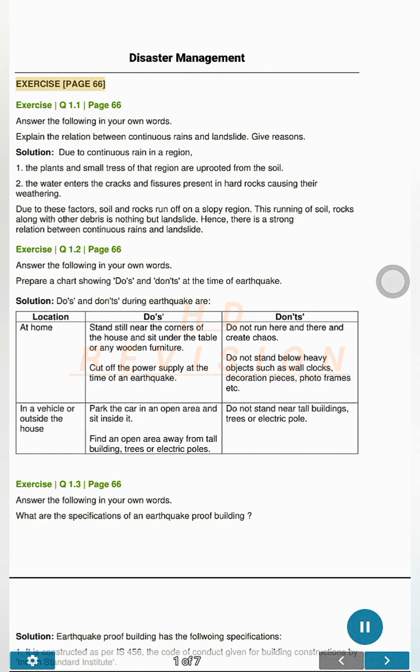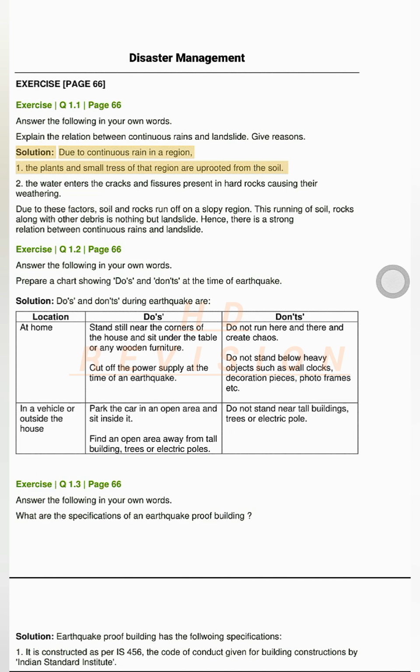Disaster management. Exercise page 66. Exercise Q1.1, page 66. Answer the following in your own words. Explain the relation between continuous rains and landslide. Give reasons. Solution. Due to continuous rain in a region,